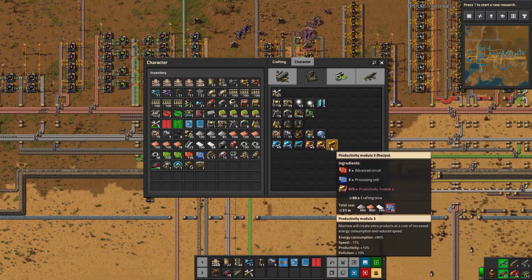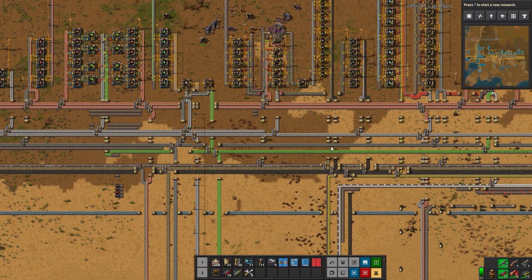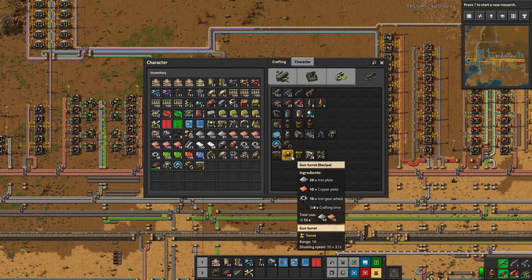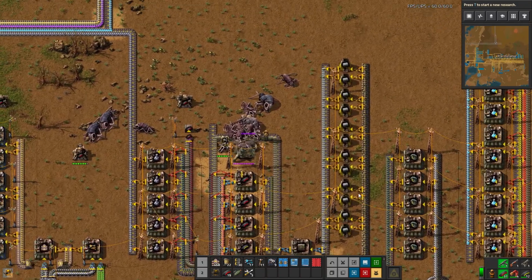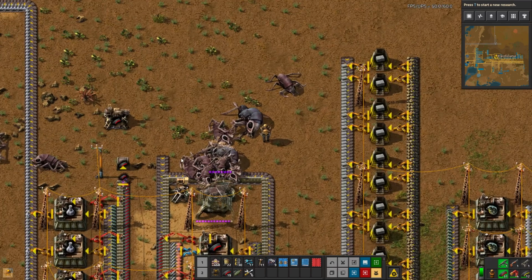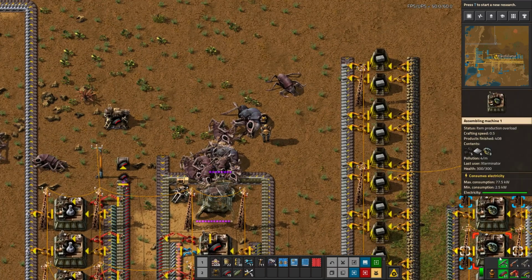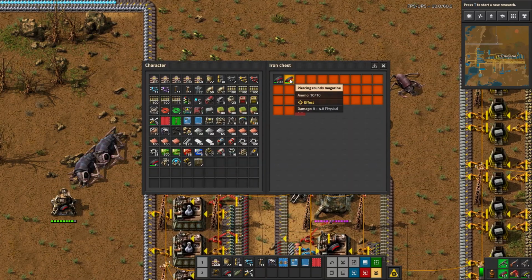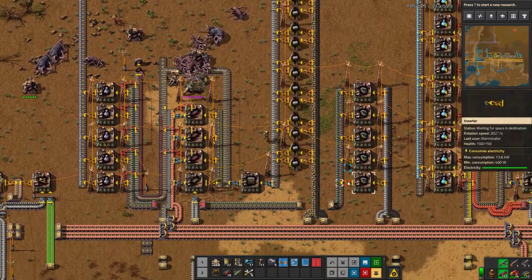So again, I like to start from the end. I've gone over this concept before. I like to start from the end product that we need, and then work our way backwards from there. I'm gonna wait for this to be built so we can just go ahead and stick that in there. Now, luckily, the modules don't require steel. They do require circuits, but